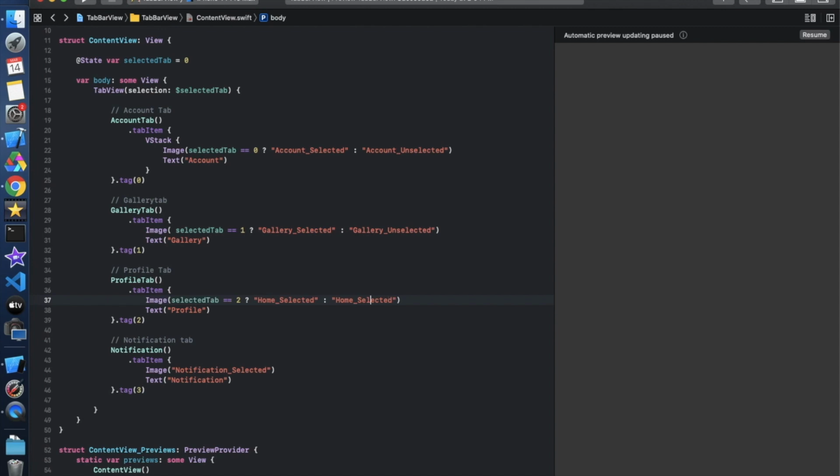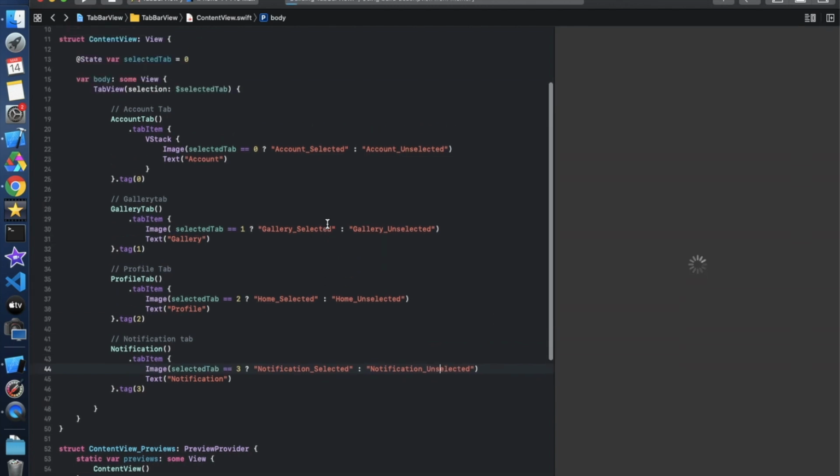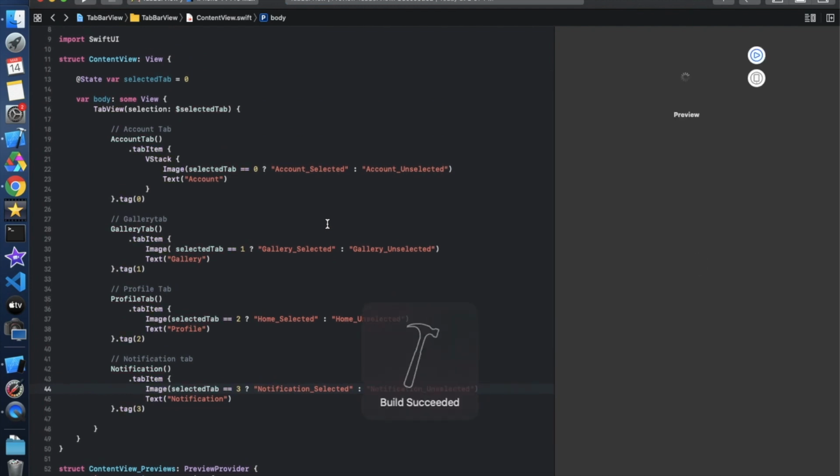You guys go and try out this and let me know in the comment section if you face any difficulty, or is it easy to create things in SwiftUI or complicated. At the initial phases, this will look very complicated. So now let's copy this and paste over here, and this is unselected. Now let's resume this and see, is it working fine or not, that it is changing images or not.